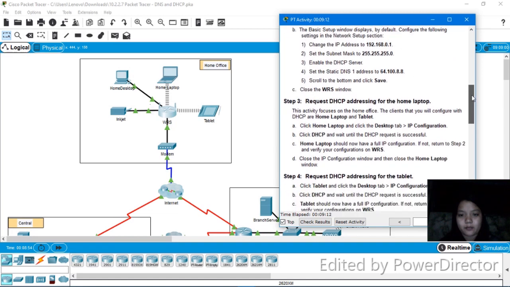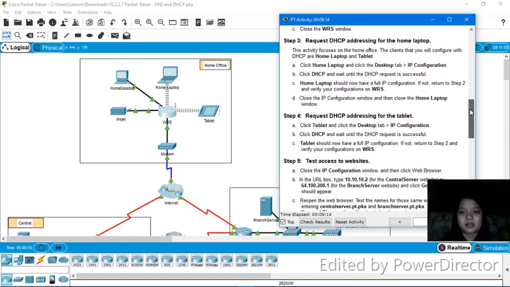And then step 3, request DHCP addressing for the home laptop. This activity focuses on the home office. The clients that you will configure with DHCP are the home laptop and tablet. So this is the home laptop and this is the tablet. Click DHCP and wait until the DHCP request is successful. Click the home laptop,